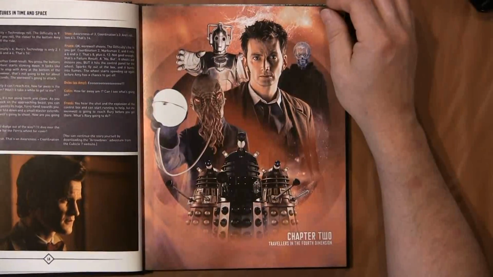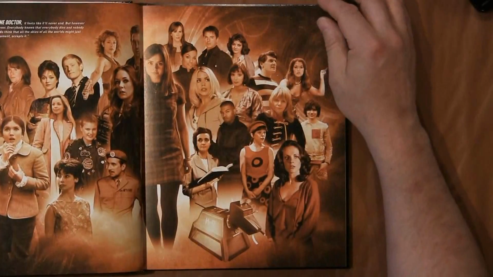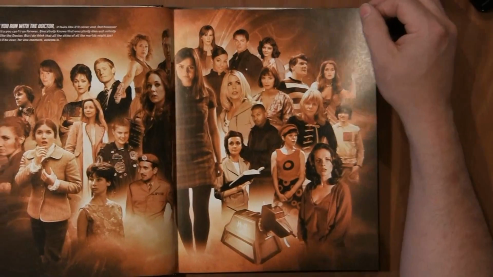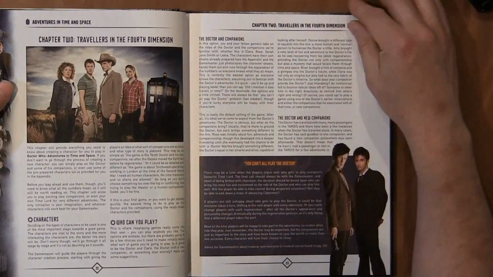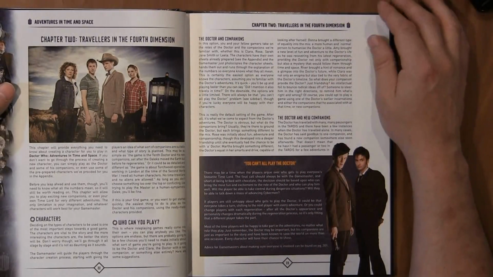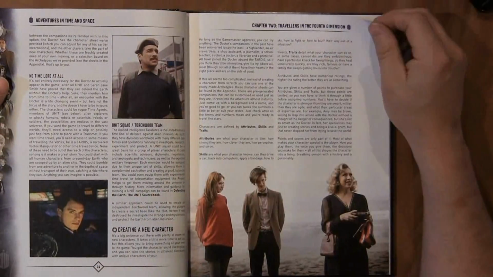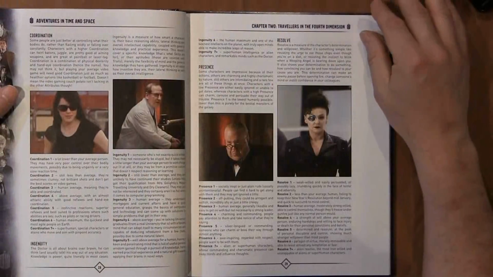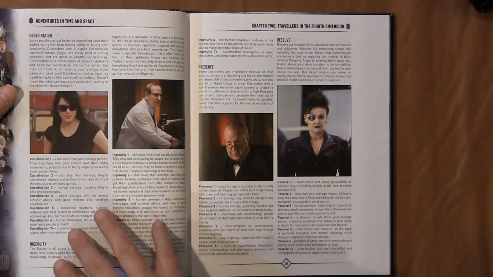But again, we come back to some great art. This chapter is about travelers in the fourth dimension. Again, the two-page foldouts in this book are just amazing. This section of the book is pretty much about being the Doctor's companion, and it goes through, again focusing on the art, and then talks about